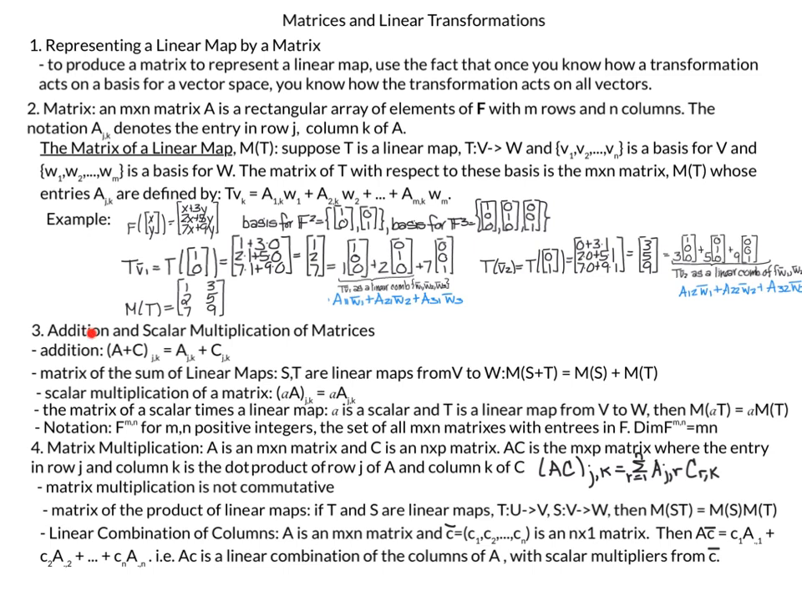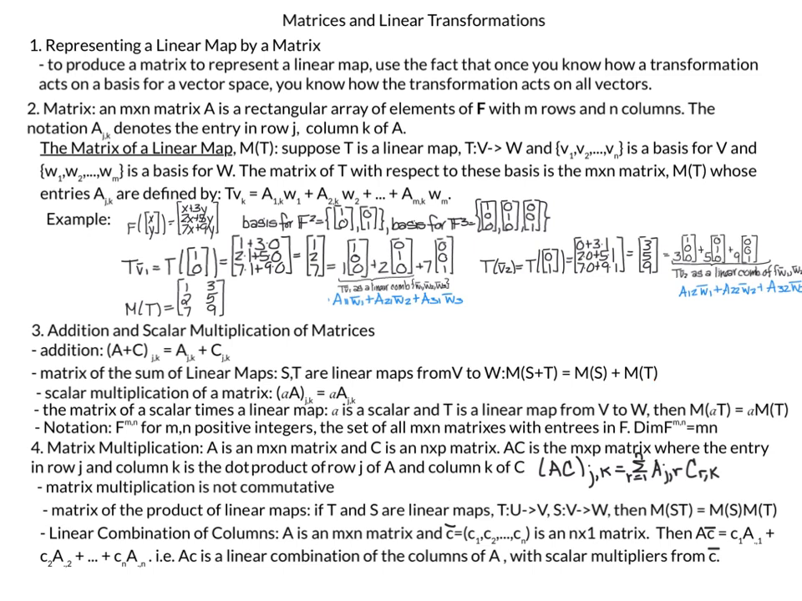We will then define addition and scalar multiplication of matrices. We start with defining how to add two matrices, which at this point I'd be surprised if you haven't figured out how to do. But we use this so we can go on and define the matrix of the sum of linear maps. So if S and T are linear maps from V to W, then the matrix representing the linear transformation S plus T